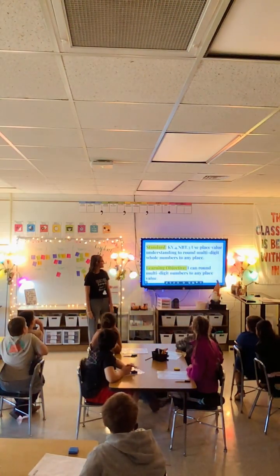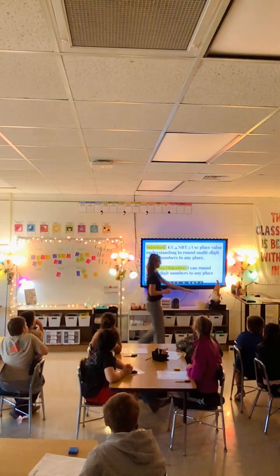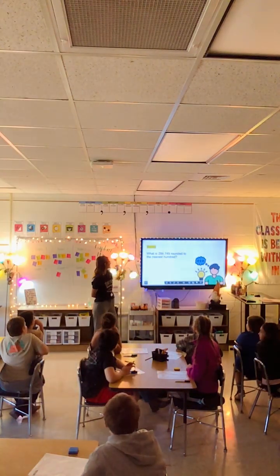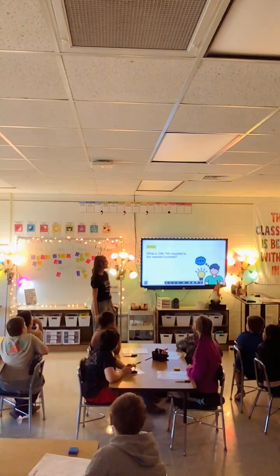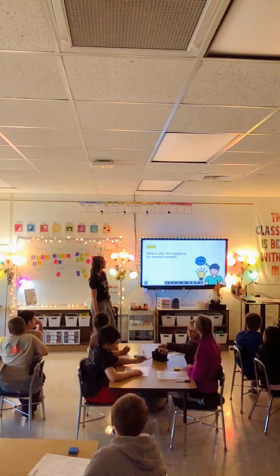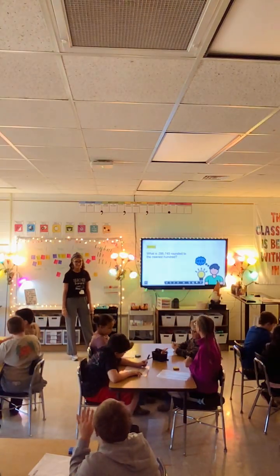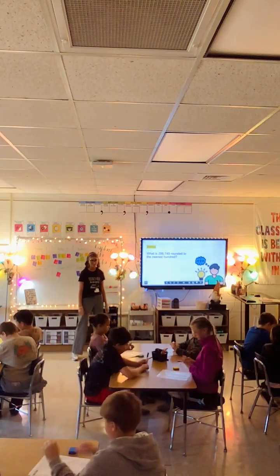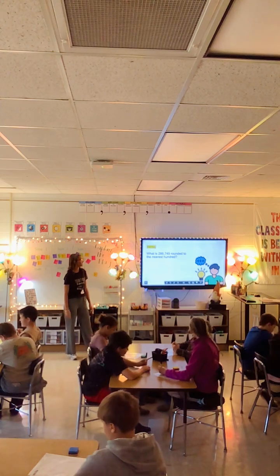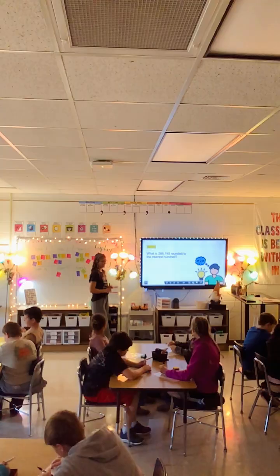I can round multi-digit numbers to any place value. So, for our warm-up, we are going to take our number lines and we are going to round 286,749 to the nearest hundred. So go ahead and try to do this on your own. You're rounding to the nearest hundred. Just hundred.